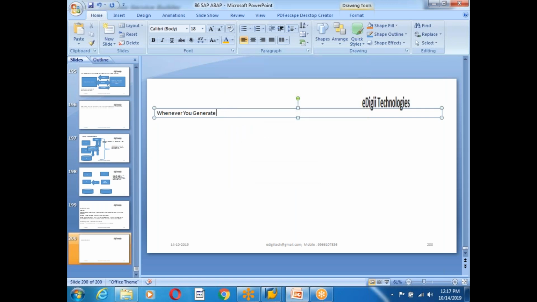Most of the people fear, so don't fear it. Whenever you generate OData services, first it will create 4 classes, guys. It will create 4 classes. So see here,